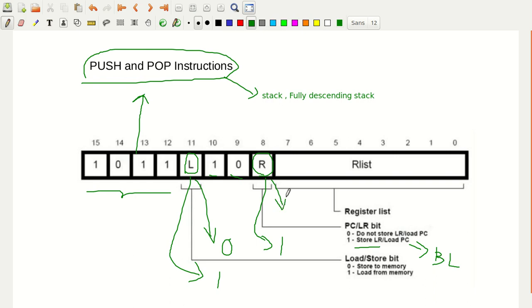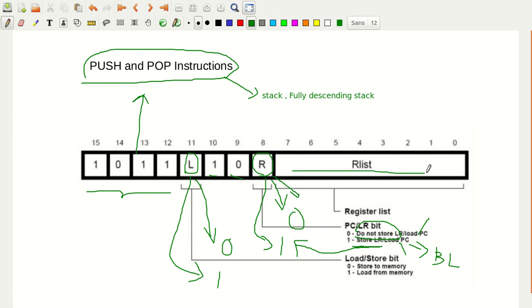Whenever R is 0, you are not storing the link register onto the stack. Load PC means popping the content and putting it into the PC. You don't store the LR if R is 0; you store the LR if R is 1. We shall discuss this in a little more detail in the next slide.